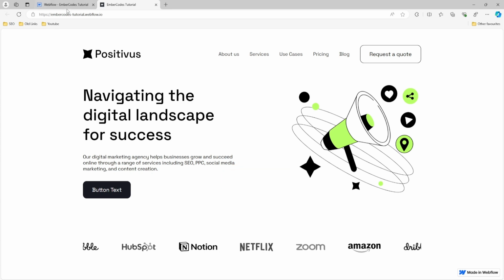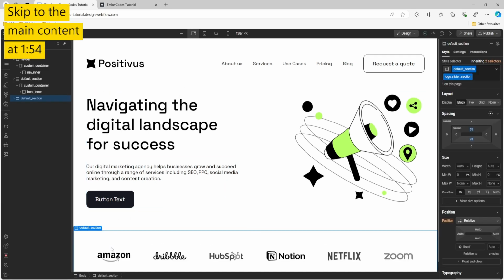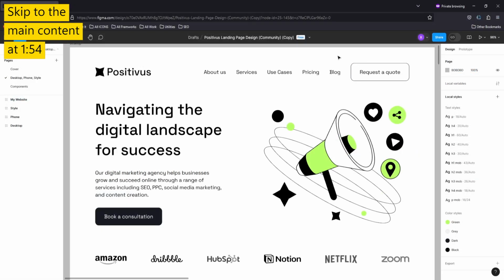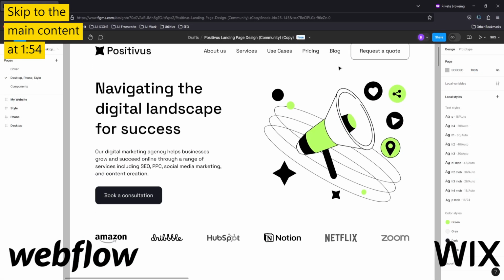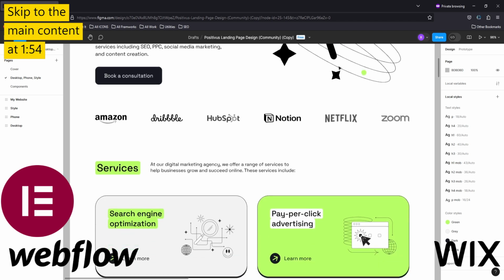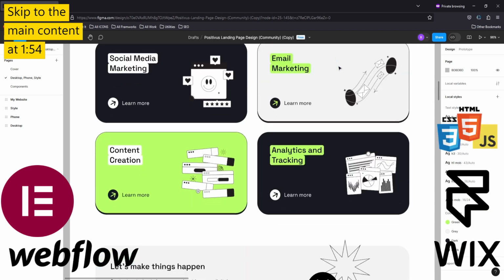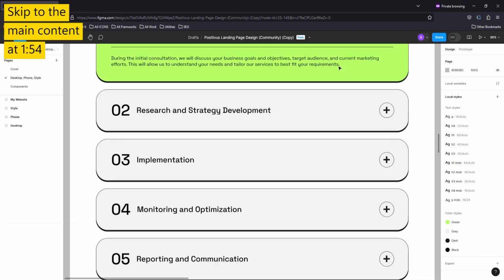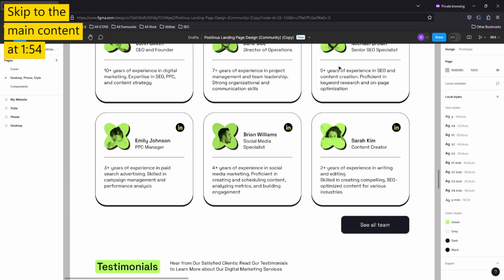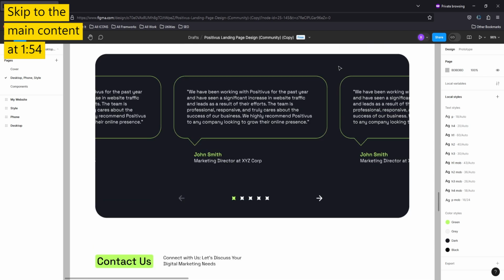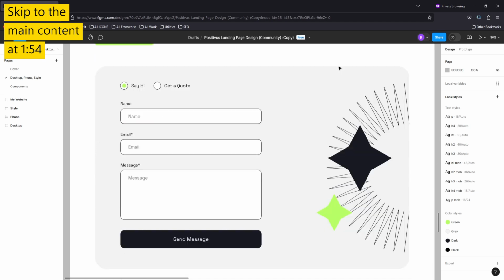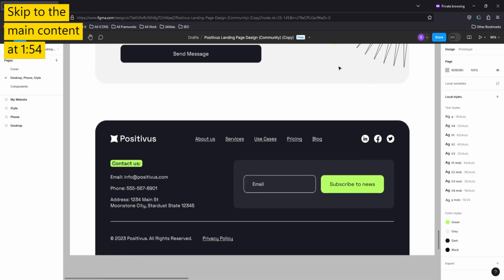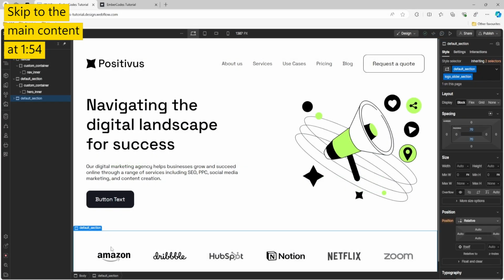Right. So this is a small part of my upcoming video series where I will be converting this Figma file into Webflow, Wix, WordPress Elementor, framework, even in HTML CSS. So the motive of my channel is to teach you all the front-end technologies. I'm converting Figma files into all the major front-end technologies